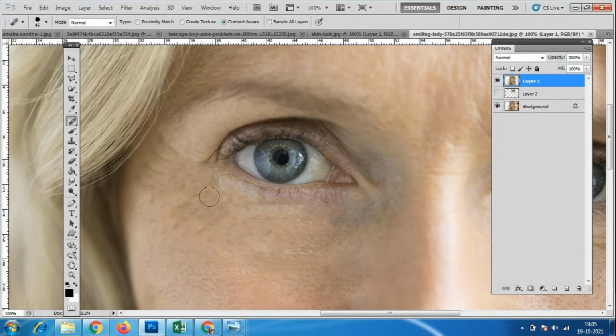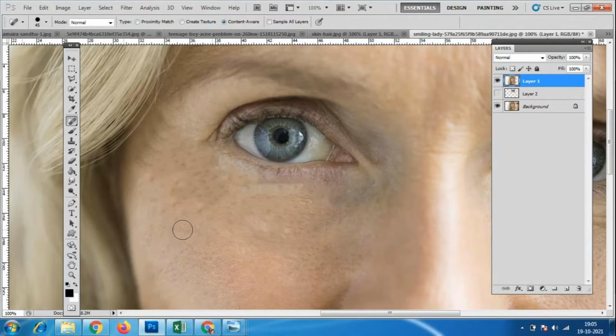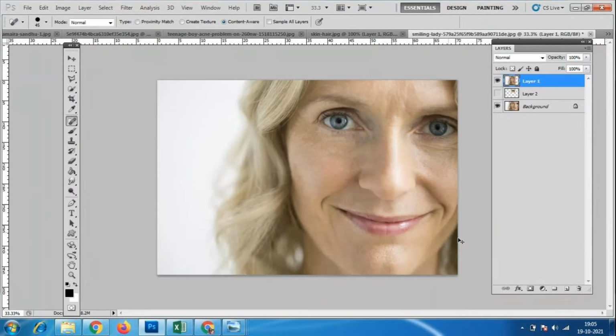Next, after 2 classes we are going to make the poster designs. So we are making movie poster designs, and some of the designs we are going to make. So that time it will be too difficult. See here we have removed completely. So the complete wrinkles are removed here. Okay. So slowly we should do the work. So it is not that much easy. Okay. So again slowly we have to add this dodge tool.